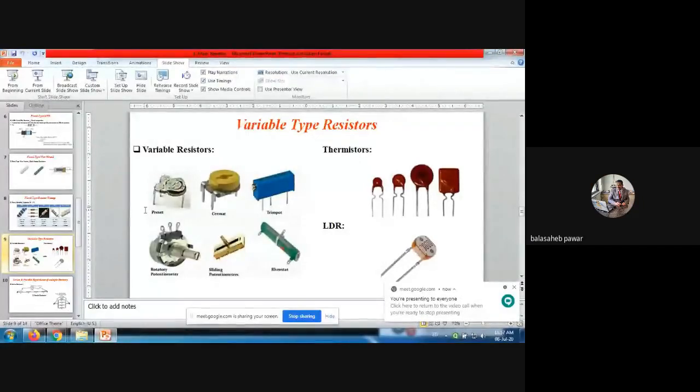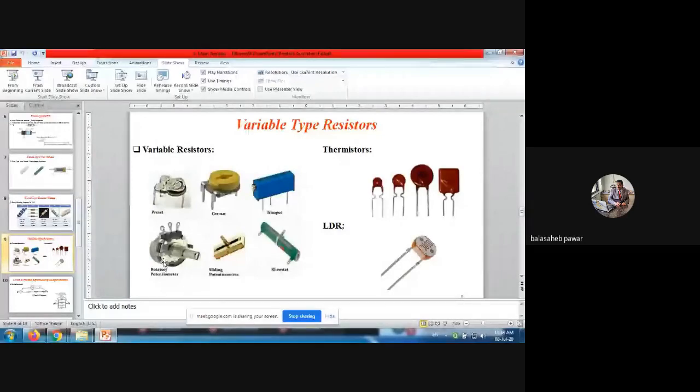Now one more point remains, to explain the difference between this multi-turn potentiometer and the single-turn potentiometer. We are seeing it as single-turn, but again it is not completely single-turn. As I already told, it will move from this one terminal internally, sliding from here up to over here, that means around the periphery of the device. That means rotation, again not of 360 degrees, somewhat less than 360.